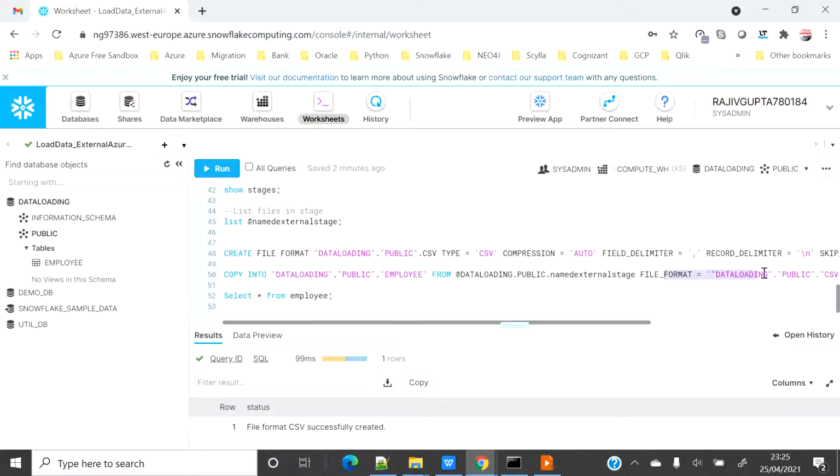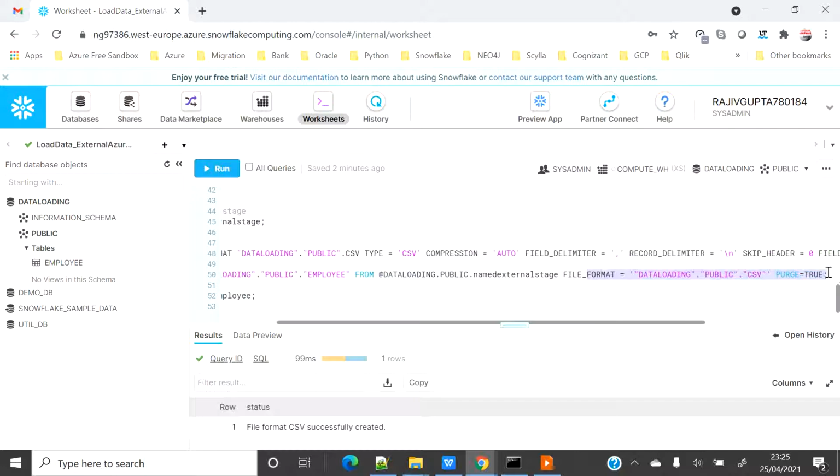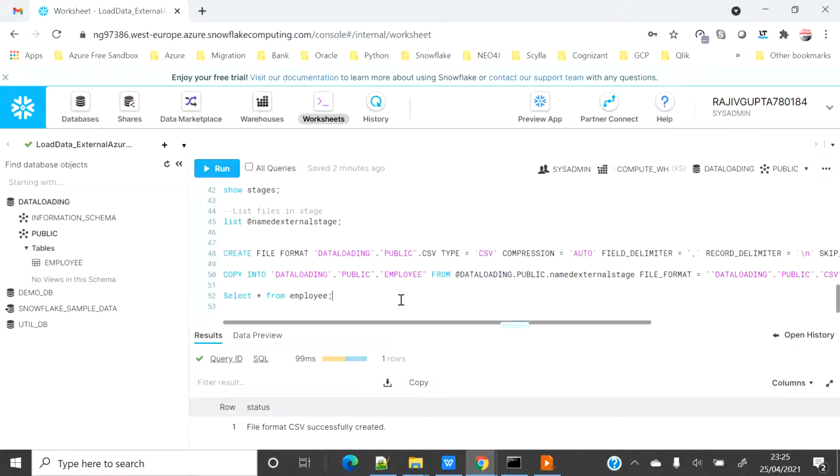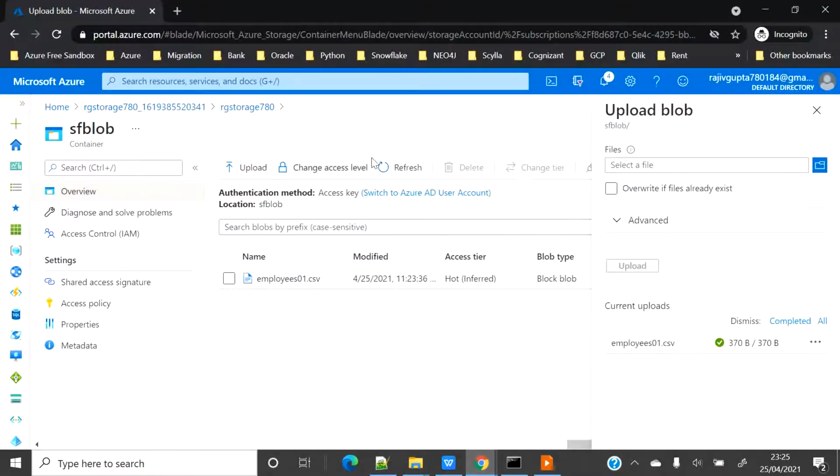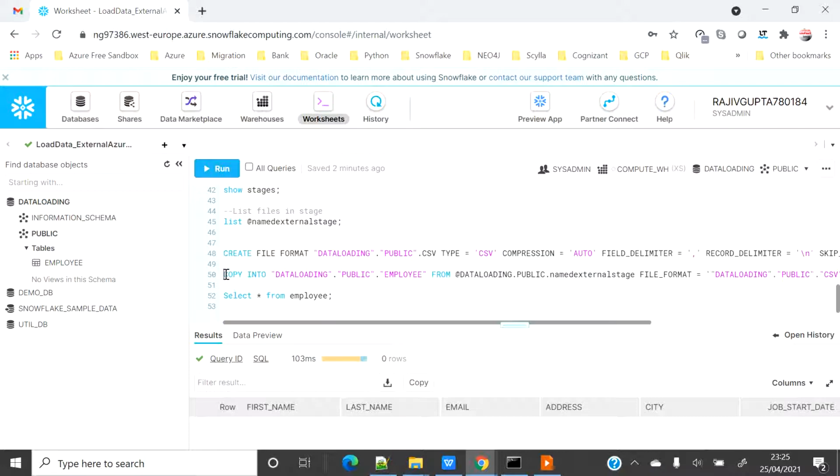I have provided the file format name CSV and I want to just purge the file the moment it is loaded. So as of now, if you see, there is no data in the employee table and we have the file here, right? So the moment I execute this command, I will see that the data is inserted into the employee table and the file was deleted from the stage.